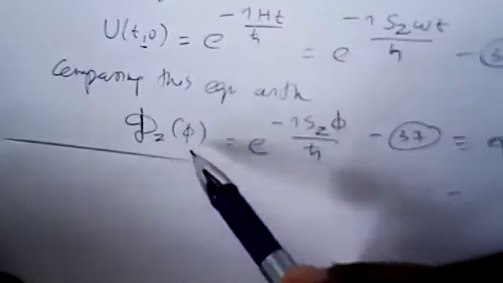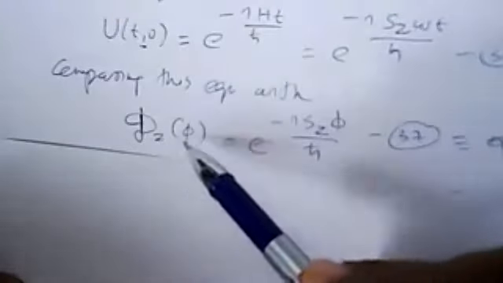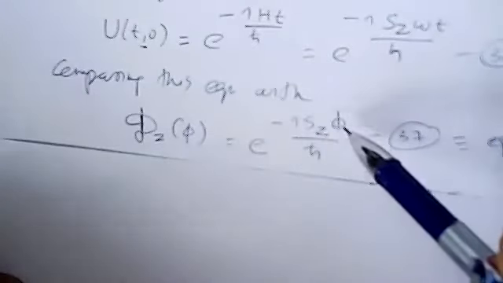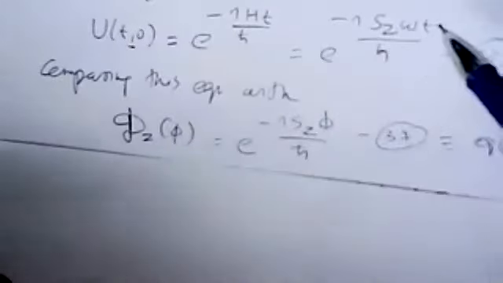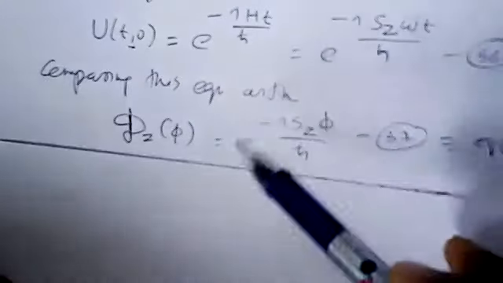Okay. Now compare this equation with our already formed rotation operator Dz. We already have Dz for the finite rotation. Dz of phi is e to the power of minus i Sz phi by h cross. So comparing these two equations, we can see that phi equal to omega t. All other things are same. So both operators are doing the same thing. So you get phi equal to omega t.